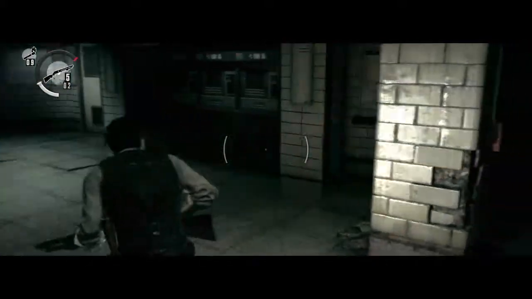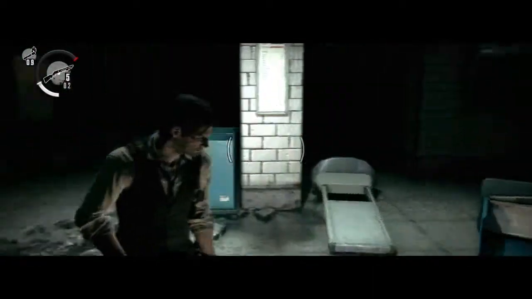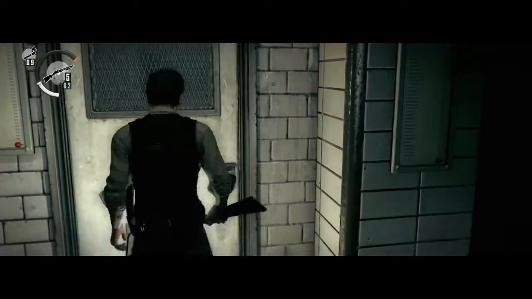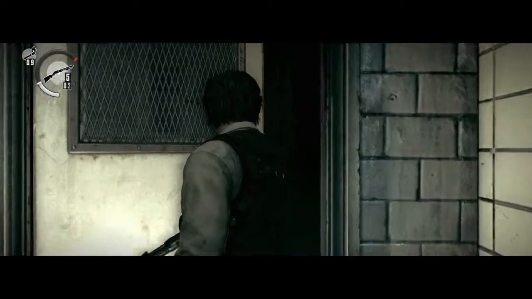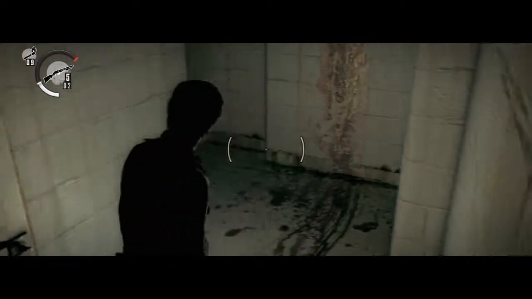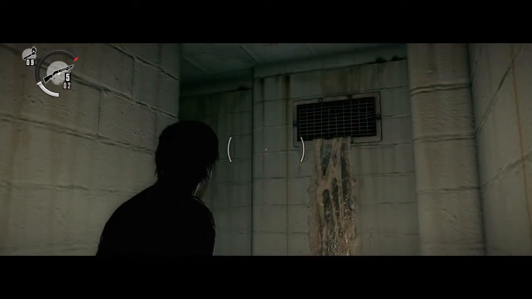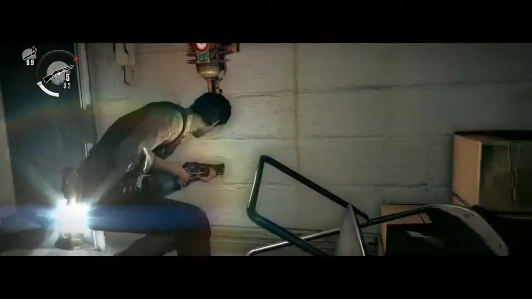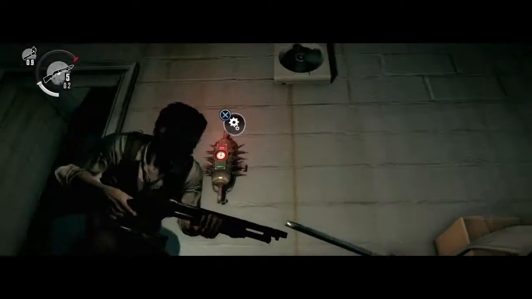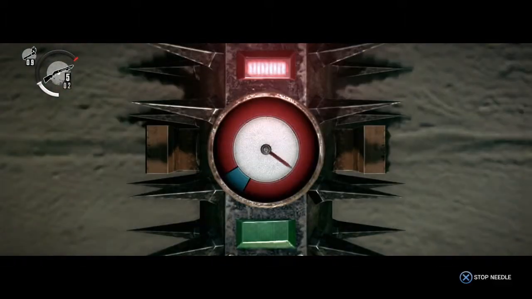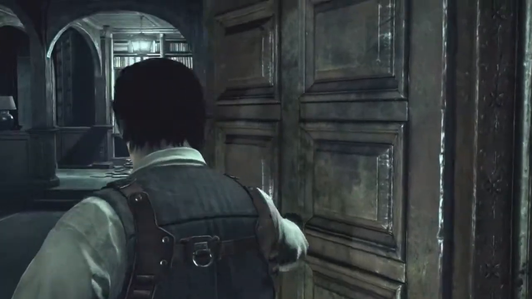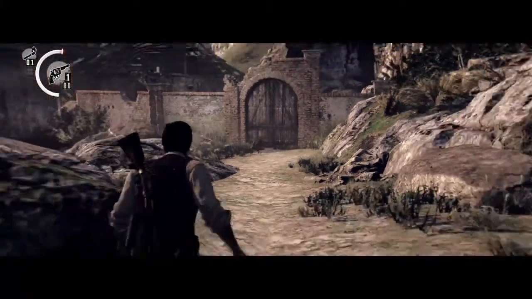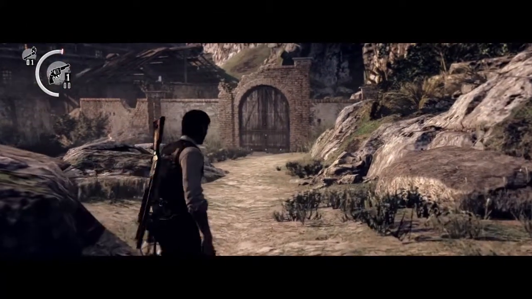But one of the things that I really didn't like about using those camera angles was the simple fact that to peek around corners, and as you see me looking around at stuff and peeking around corners, I have to turn the camera, and the camera is centered on your main character. This becomes an issue when you're trying to manage yourself in larger situations, and I think this was done on purpose. But still, it would have been nice to see a little effort put behind the animations when it came to trying to peek around something, or a way to lift the camera even ever so slightly. That would have actually been pretty nice,